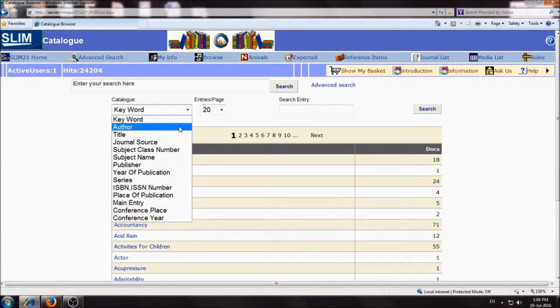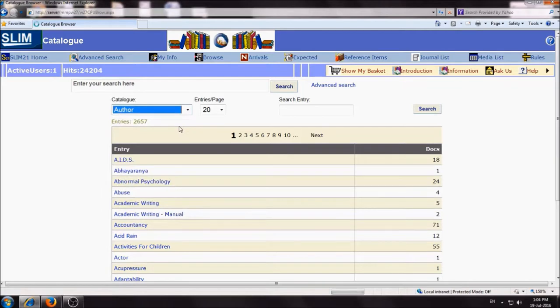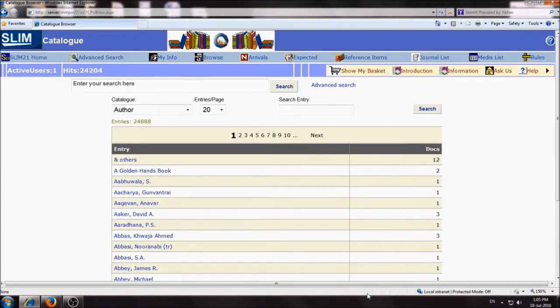So today let us have a look first as to how to search the books when I know the author of the book. So I select author. Again, I have to be patient because there is this progress going on till the next page is displayed. So I wait till the next page is displayed. The green bar, as you can see, is progressing and the next page is displayed.